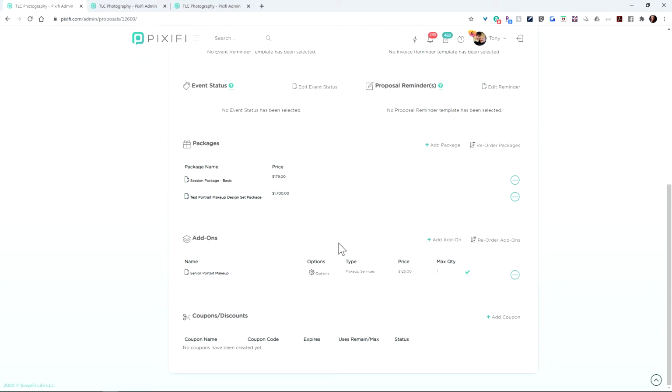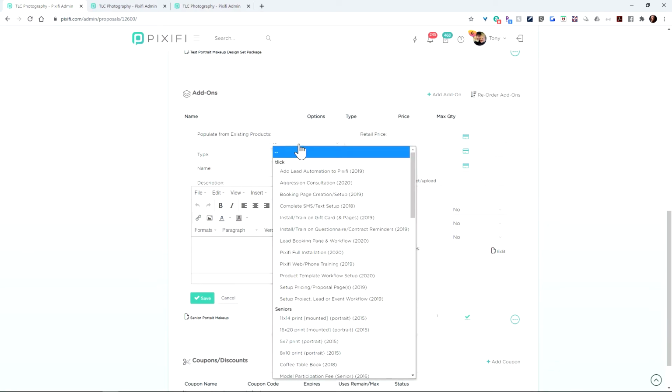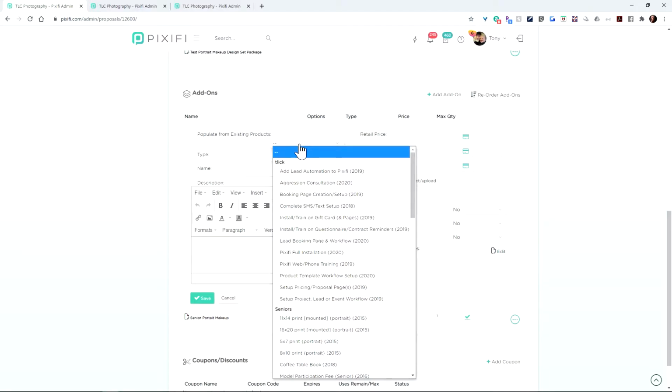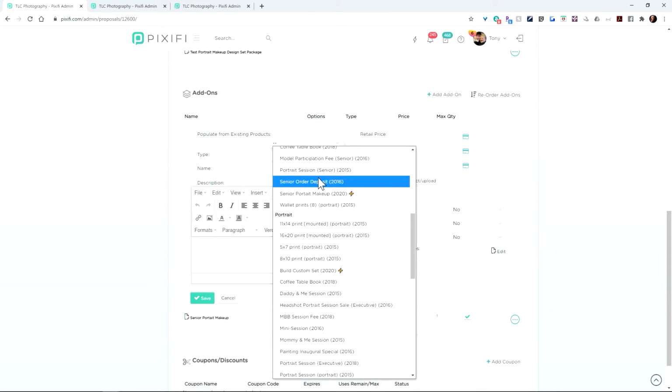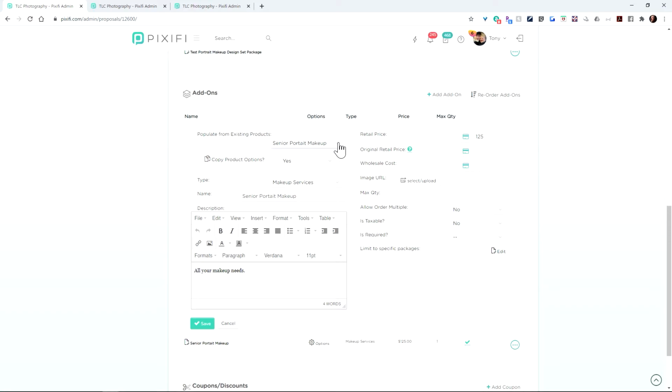And the only difference that you have here is when you are adding an add-on, you populate from an existing product. You're not populating from packages on add-ons. And these add-ons are just like the ones in Booking Pages. So all you're doing is you're looking for your individual add-on items. But what I really wanted to make sure that I knew was that when I save this,